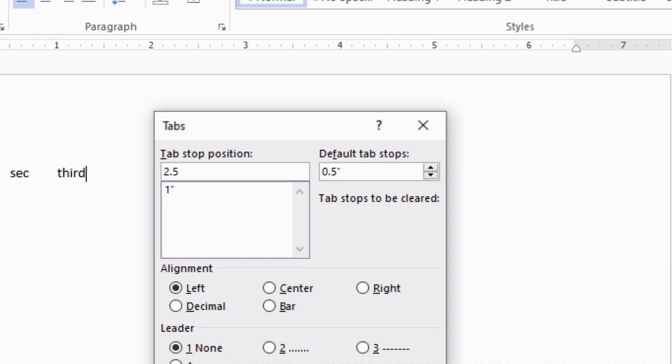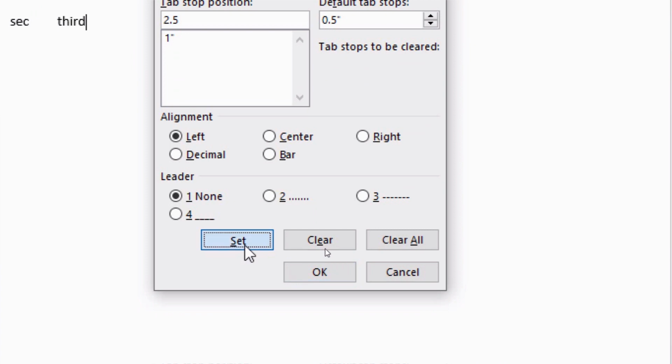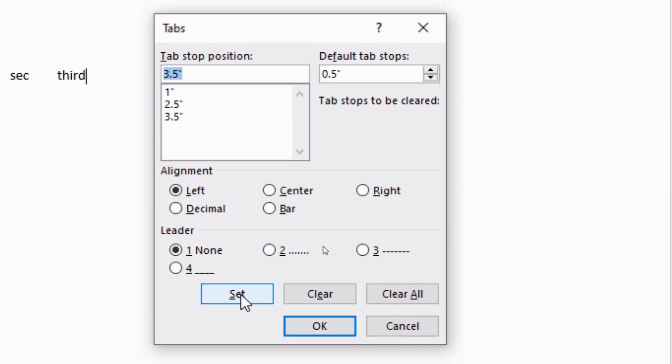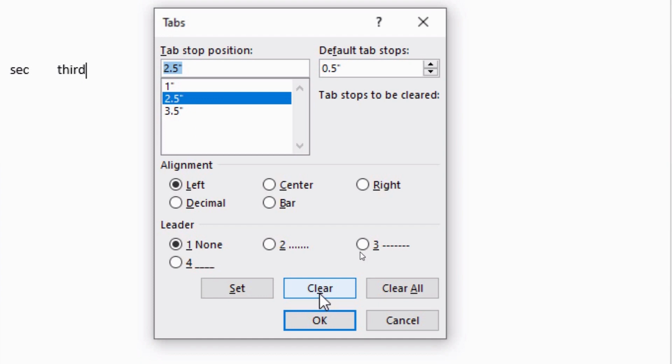So I am writing 2.5 inch over here and setting my value. The next position I want is 3.5 inch. So I am writing 3.5 inch and setting it. A tab stop that you want to remove can easily be removed by selecting it from here and just pressing the clear button.